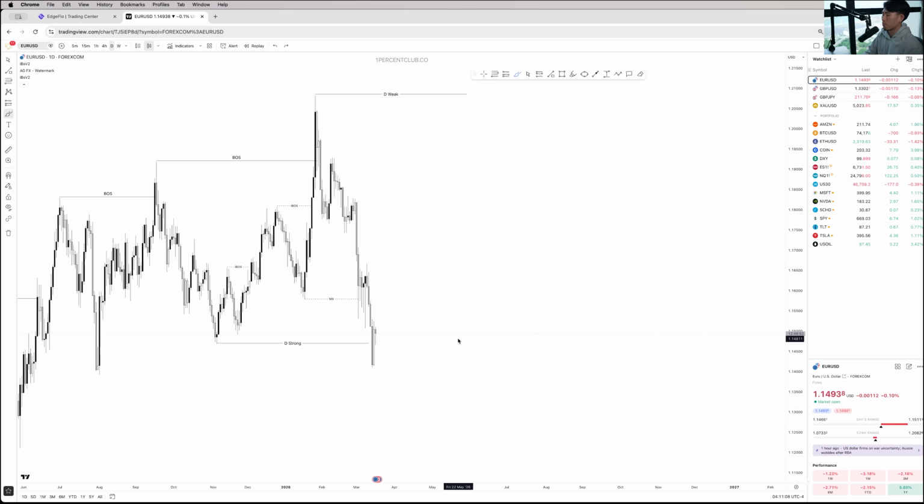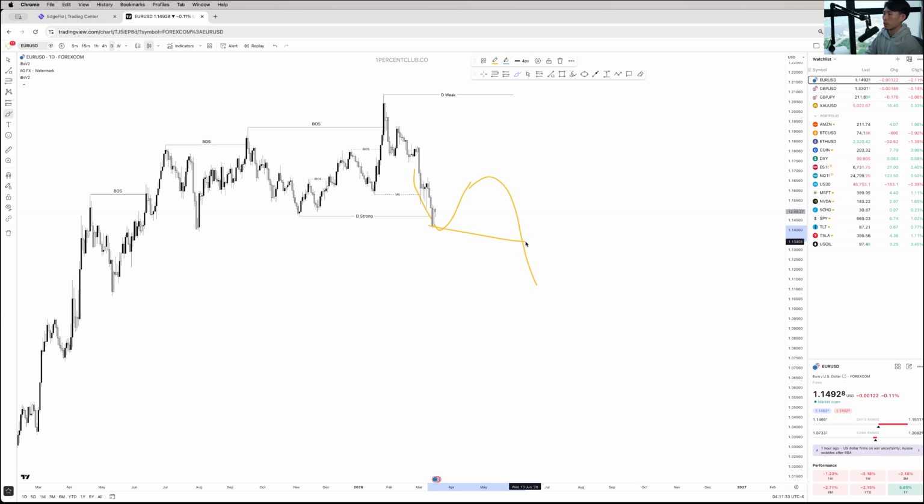So if you're applying the mechanical rule of mechanical market structure, this will be a market shift. But the thing is, like I said, we don't actually know for sure until price forms the next few candles, until we get a follow through to see whether we get a V-shaped reaction just like this. If it does, it's a liquidity sweep, or later on price pulls back to this supply or whatever and then continues going down even further, creating an internal break of structure or a break of structure to the downside, our bearish break of structure, which indicates that this right here is a reversal